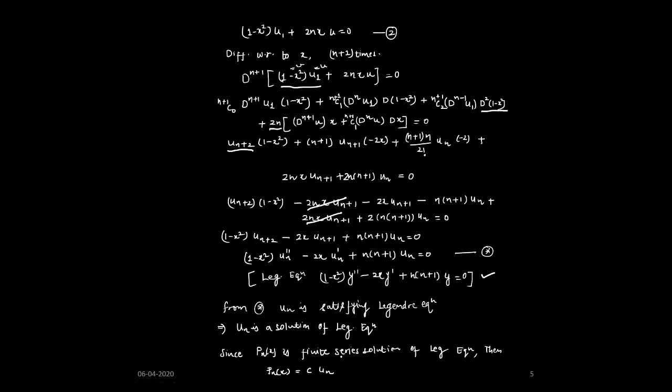Because Pnx is a finite series solution of the Legendre equation and un is also a solution of the Legendre equation. So that means this is equal to c times dn by dxn of x square minus 1 raised to power n. And now for the Legendre polynomial, we know that Pn1 is 1, right? So this is the condition of the Legendre polynomial. Pn1 is 1. Therefore